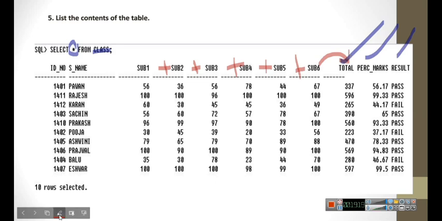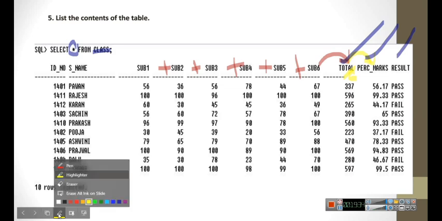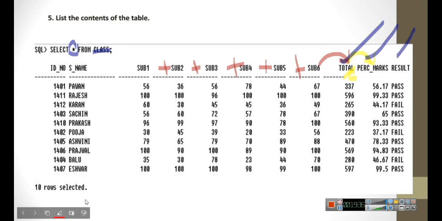Next we did total divided by 6 we did. So we got percentage. Next we had two conditions. One is fail condition and one is pass condition. So here you can see few of the student is pass and few of the student is fail.